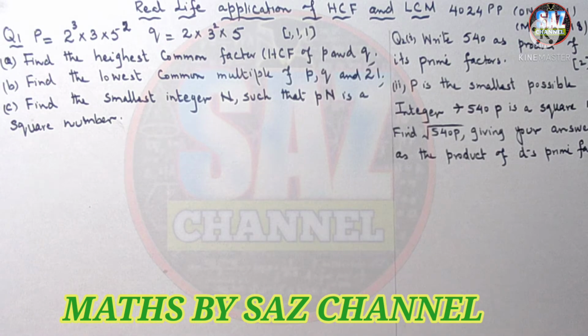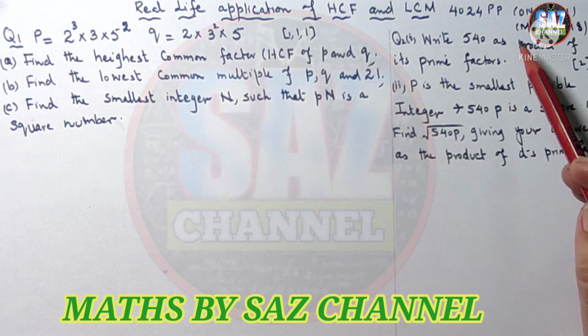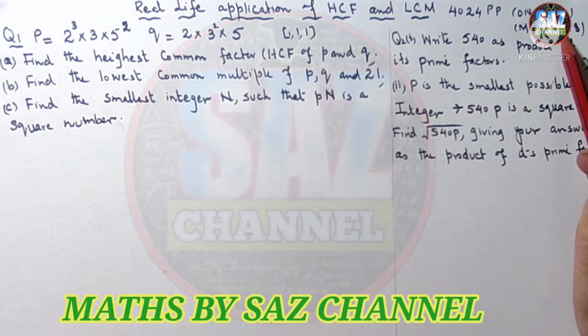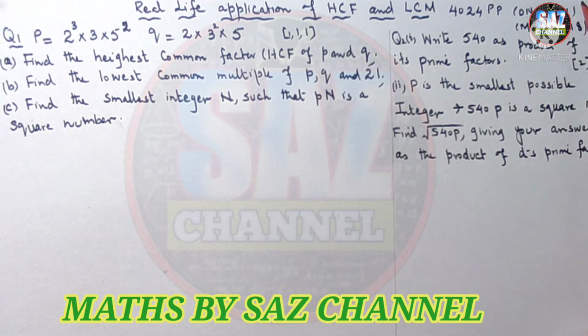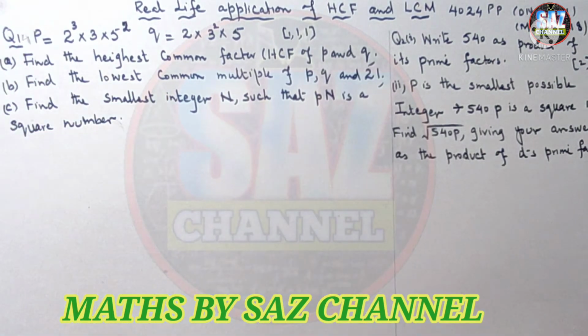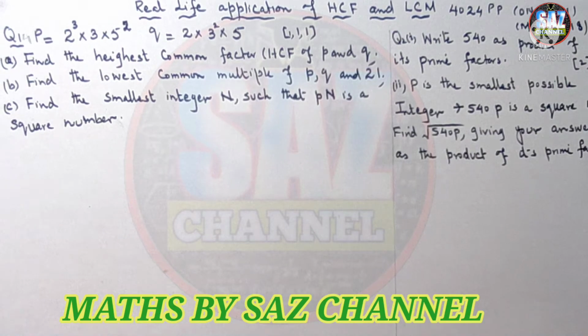Okay, so let's move to the first question, and the questions that I'm discussing are from the past papers, that is 4024 October November 19, paper 11, and this is question number 14. The second question I'll be discussing the year later. But let me read the question from the paper carefully.